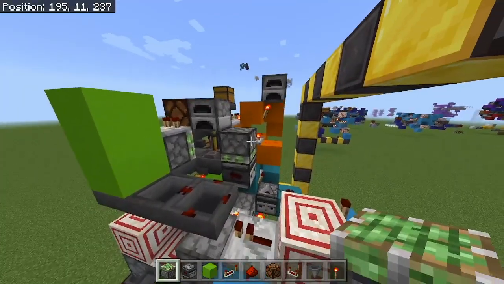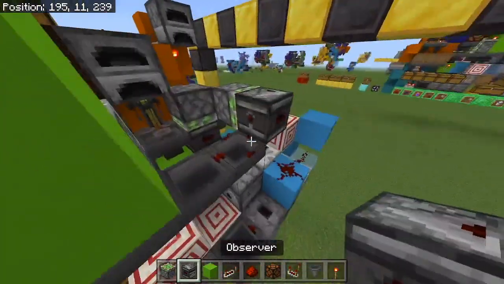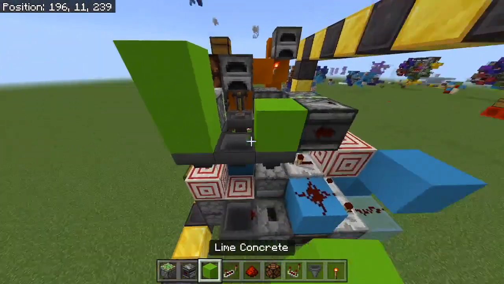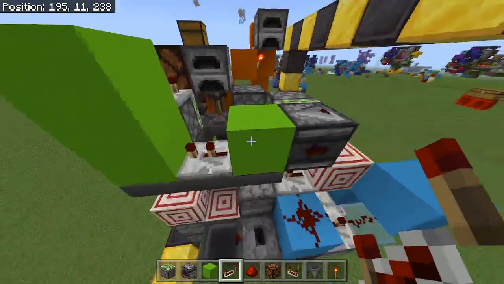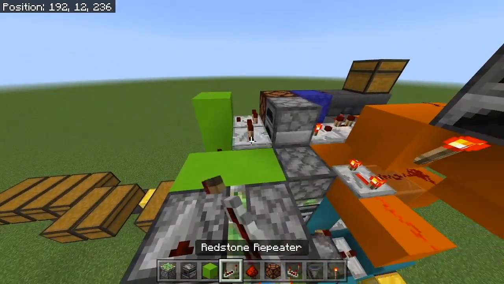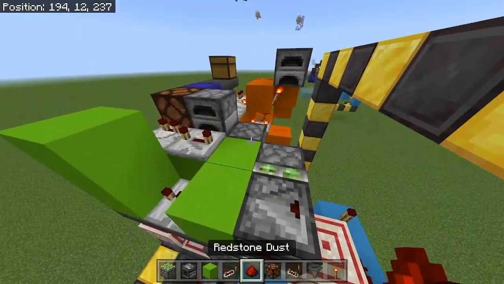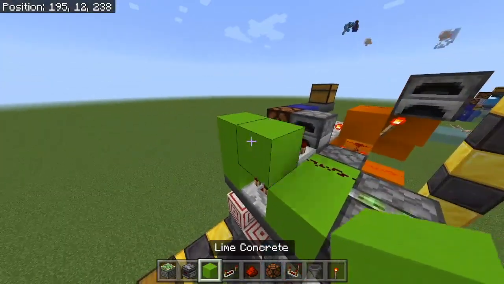Now we're also going to have 1 more of these sticky pistons, and we'll have 1 right here with an observer facing directly inward. I'll go into a solid block with a repeater right here, and this repeater is going to be on 2 ticks. So we'll have a solid block here, a solid block here, a repeater on 4 ticks right here, with a bit of redstone dust. That will activate both of those sticky pistons, and then we're going to come back another